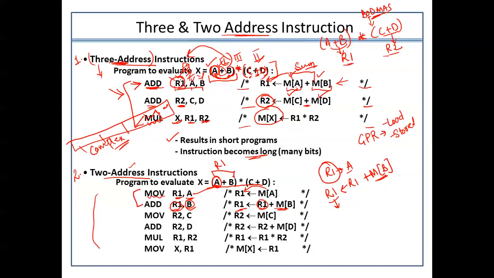But before, in the 3 address instruction, this entire instruction was done within one cycle. Now it takes 2 different clock cycles to execute only this portion. Similarly, first of all, I need to move the value of C into this processor register. Then I will add this value with D, and I will be able to compute the result in 2 steps. The R2 value consists of C plus D now.